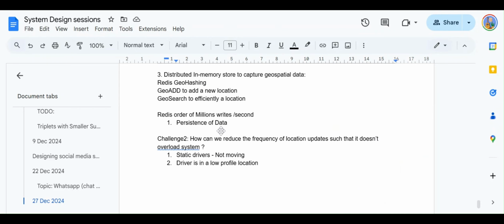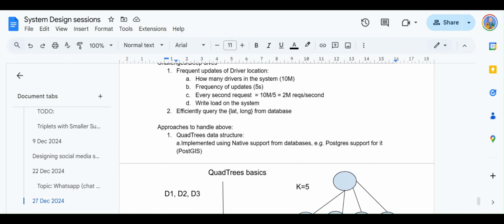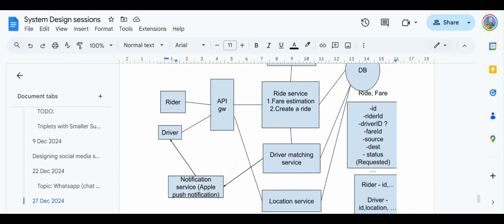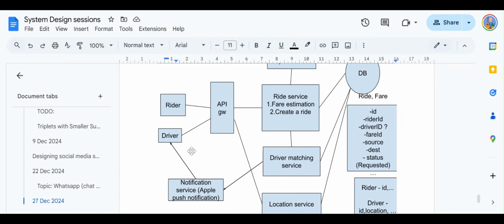Okay. See, the concept here is for any kind of concurrency control, where we have multiple concurrent people requesting the same resource. There's a resource crunch. This is a resource crunch problem, right? We have few drivers, and we have a set of riders looking to get mapped to the set of drivers. So this is a resource mapping problem, and definitely there's a resource crunch over here, as we can see. So what we can do over here is use a locking mechanism.